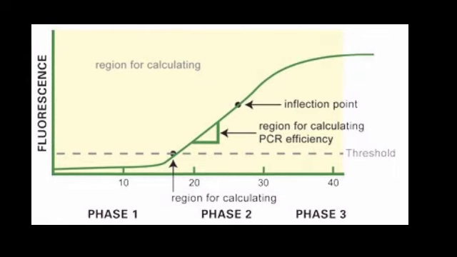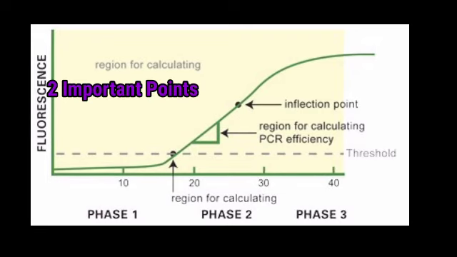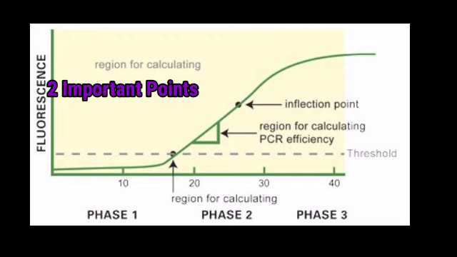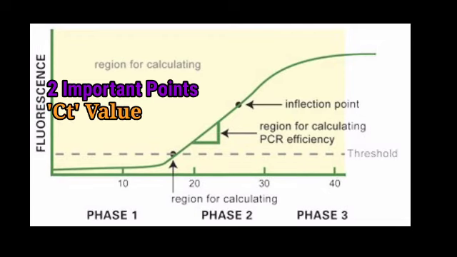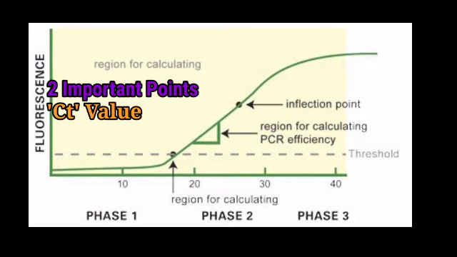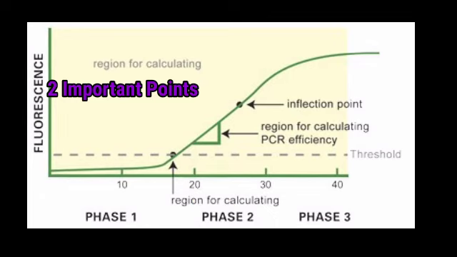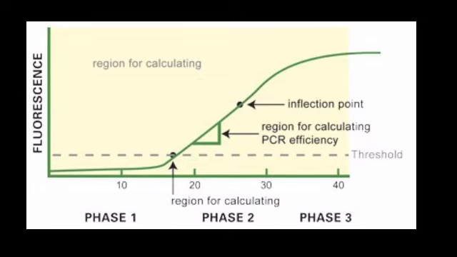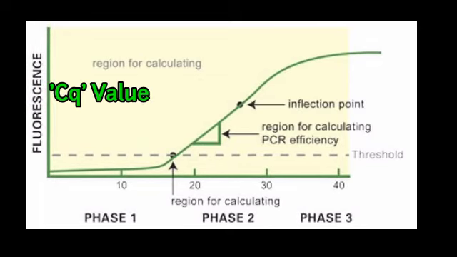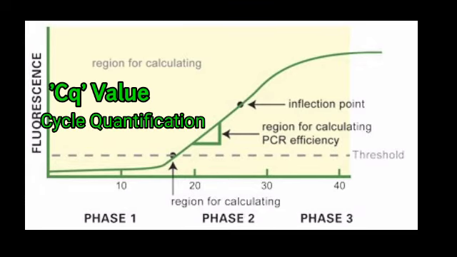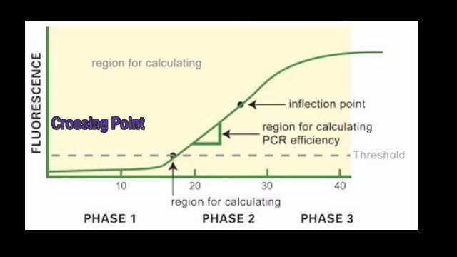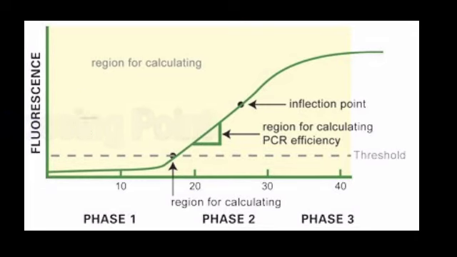Now in this curve, there are two points which are particularly important. One is the CT value, although the exact definition of this depends upon the instrument software algorithm. This is basically the point where the curve first clearly rises off baseline to a statistically significant degree. Depending upon your instrument and software, it can be referred to as the CQ value, that is the cycle quantification value, or the crossing point, that is the CP value, or the takeoff point, that is TOP.